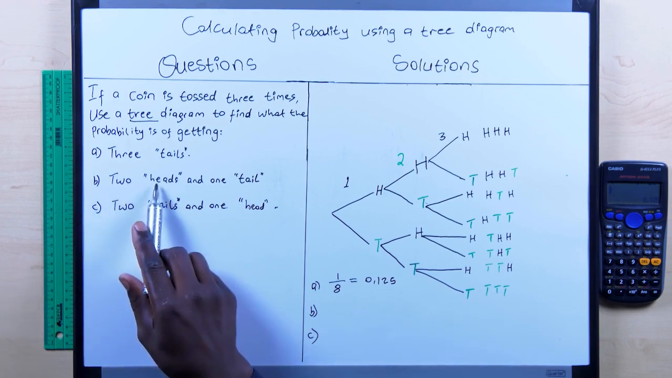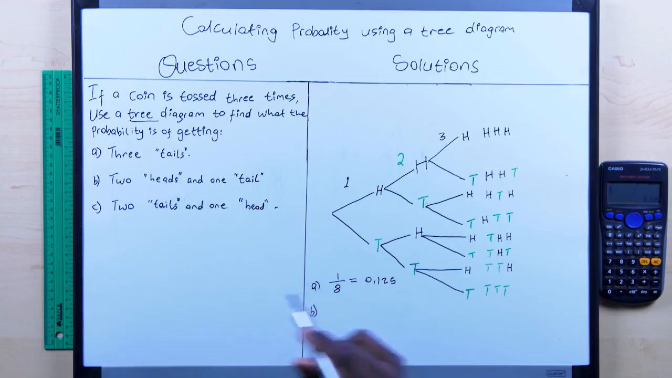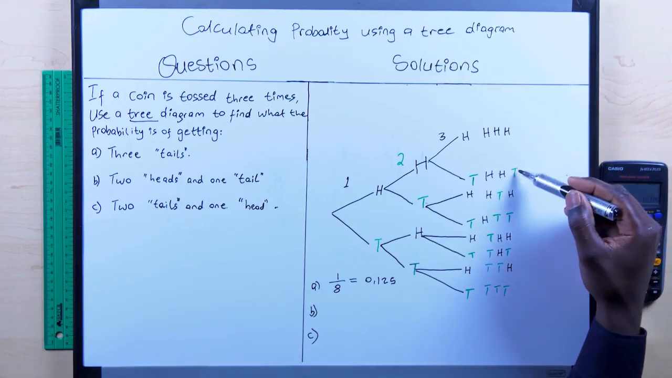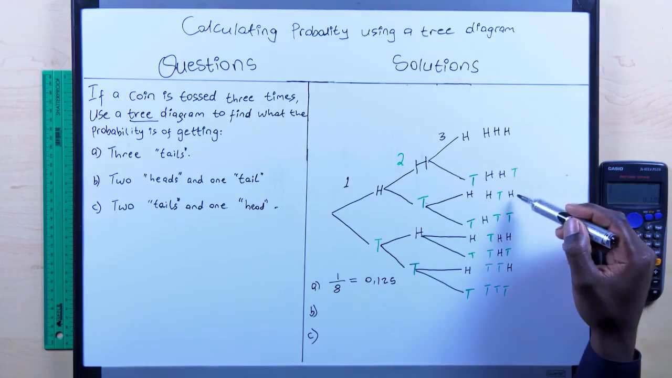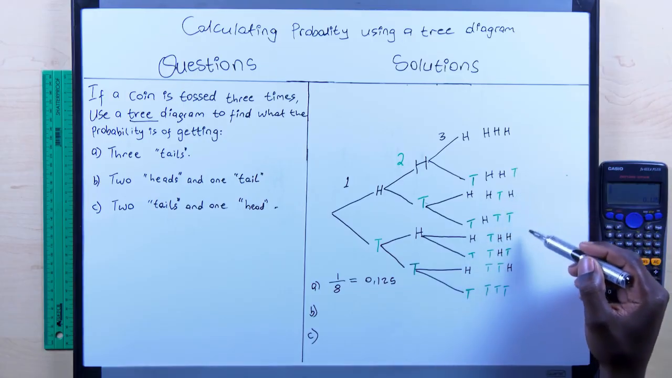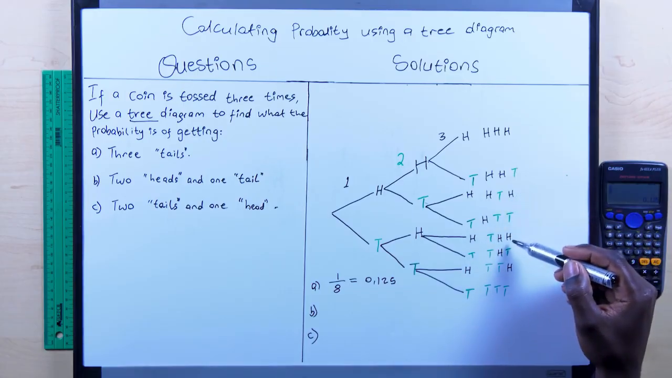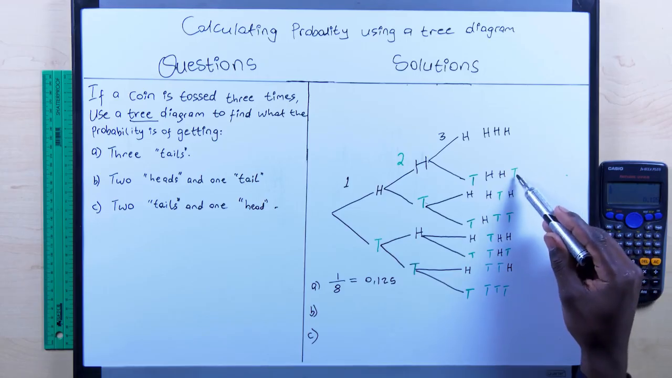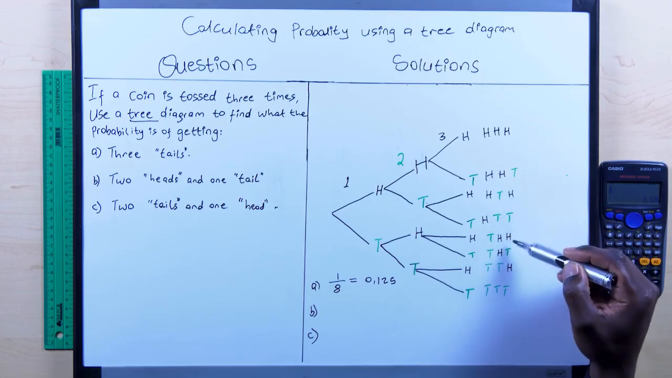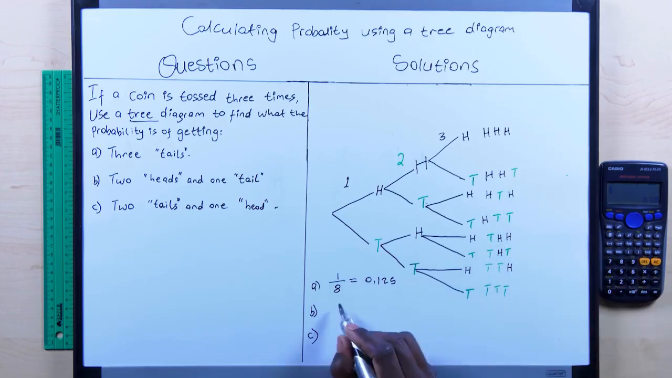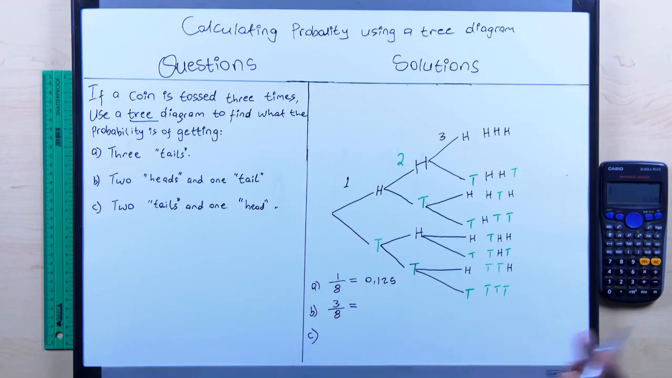Number B, you're getting 2 heads and 1 tail. Those are the only outcomes with 2 heads and 1 tail. This one, this one, this one. So which means it's 3 over 8, which gives you